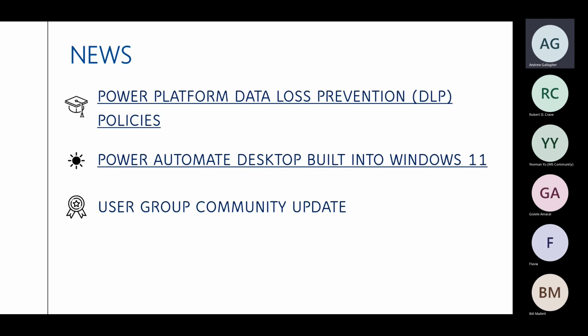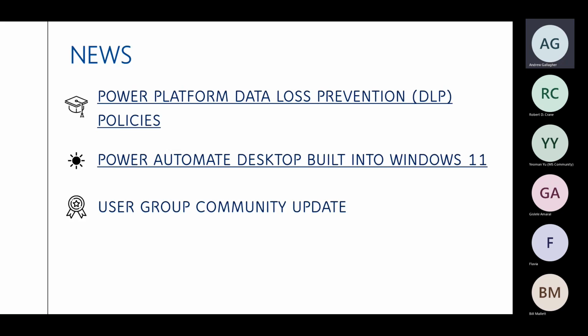So the business classification is basically our SharePoint data, Dynamics data, OneDrive, Forms. So everything within our Microsoft 365 tenant. Our non-business classifications are basically for social media, such as Twitter, Facebook, LinkedIn. And then our third classification, which is quite new, is the blocked, is any connectors that you want blocked so no one has access to them.